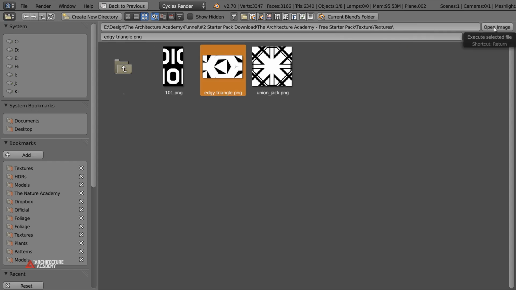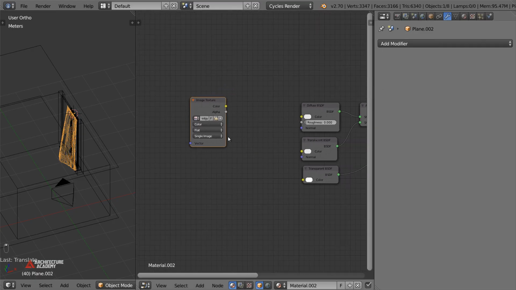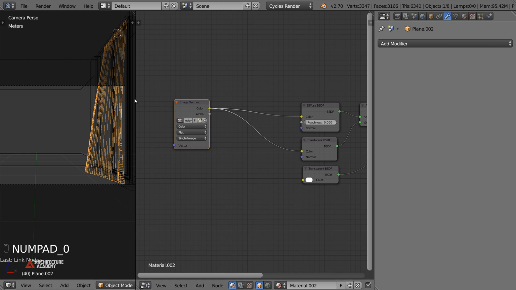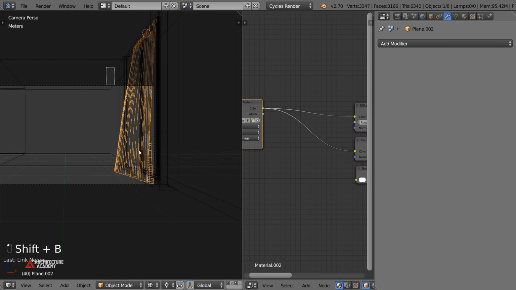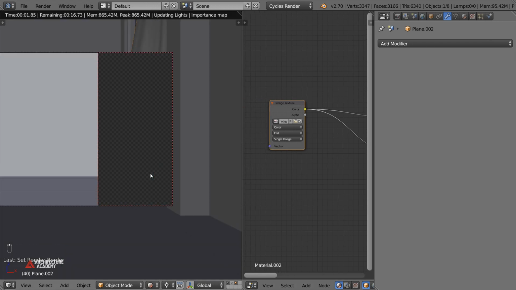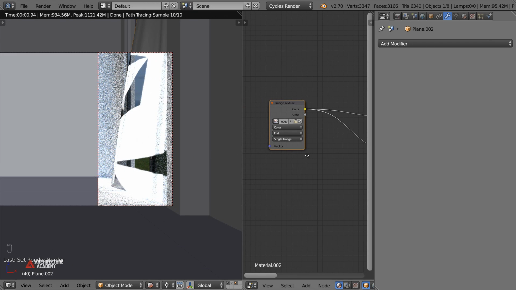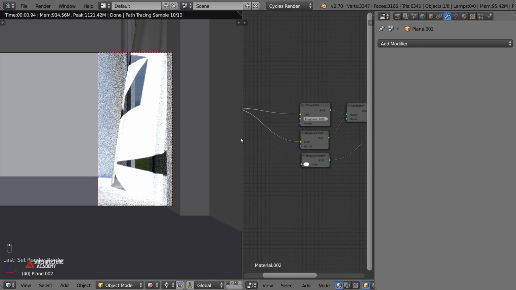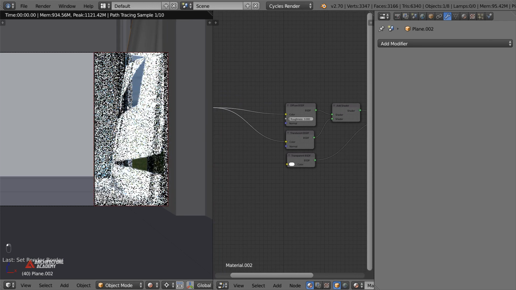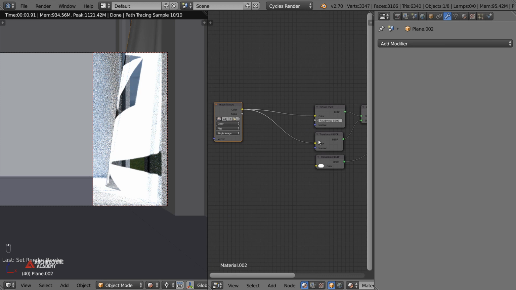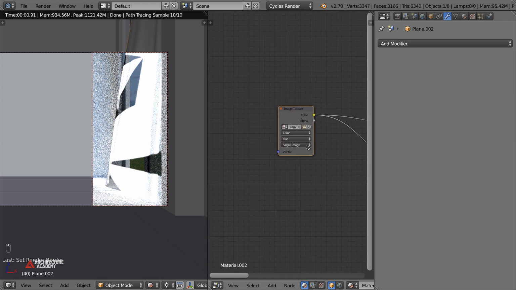So this is called edgy triangle, and what we want to do is let's just start by putting that in the diffuse and translucency part of our curtain. All right, let's just see how that looks. Now, because we've done UV unwrapping, it should already appear on it. Ta-da! It works. Awesome. It's sort of appearing a little bit invisible because of the translucency, but anyways,